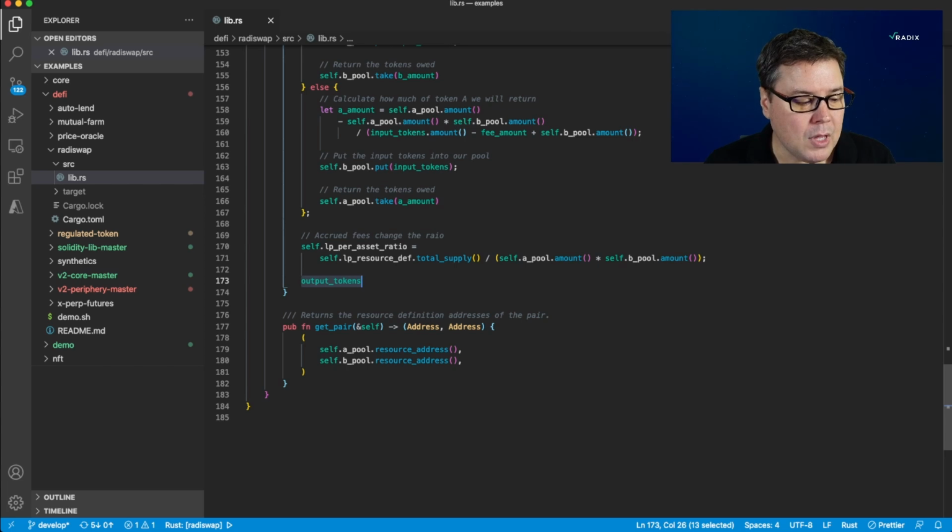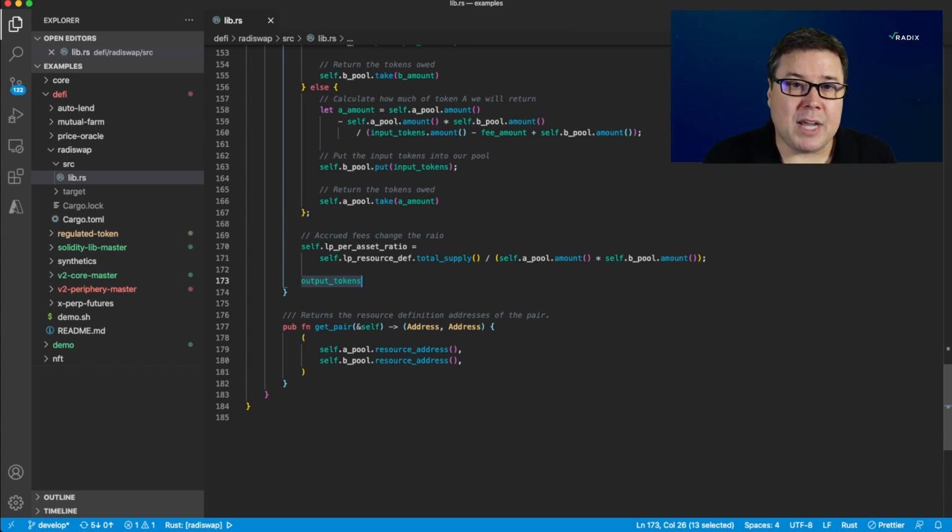appropriate amount. In the event that you wanted to have a guarantee for yourself, for example, at this time I think that for giving 10 A's, I'm going to get about 50 B's. But when I submit this transaction, someone else might come in front of me, and then maybe they're going to put in a bunch of A's and get out a bunch of B, and they're going to raise the price of B, and so I won't be getting 50 anymore. And to guard against the amount that you're getting back being wildly outside your expectations, in the Radix transaction model, you can actually set that as just part of the transaction as a guard that, hey, at the end of this whole thing,